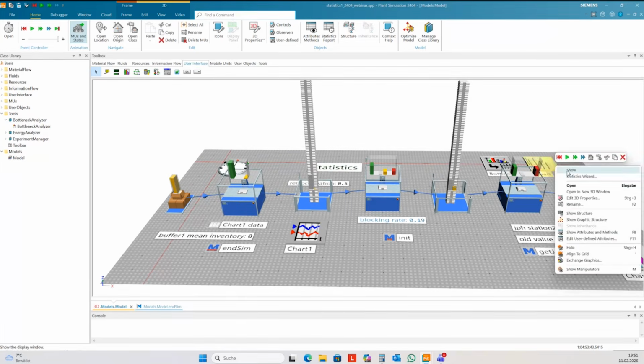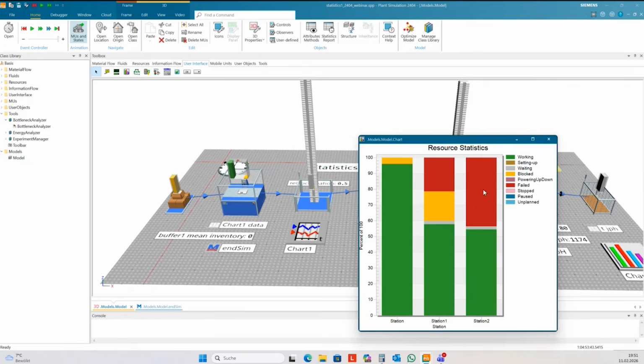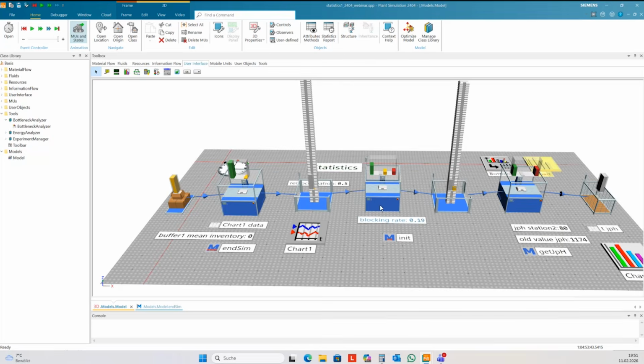You see it also here. Station 2 has almost all failed, and there's almost no waiting time here in this station, and so you have the bottleneck at the end of the line, and so you have a blocking rate.